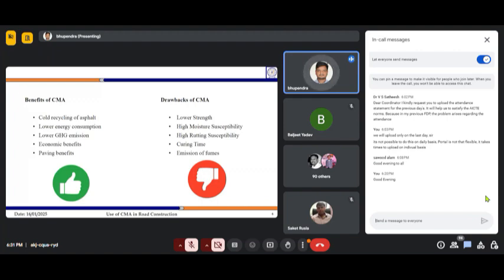When we compare it with the cold mix asphalt technology, here we are not heating up any material, so we don't have to worry about that. Even if workers touch it with their bare hands, which they should not, but if they have to touch it, it will not cause any burn to them. So that is one paving benefit associated with the cold mix asphalt technology.